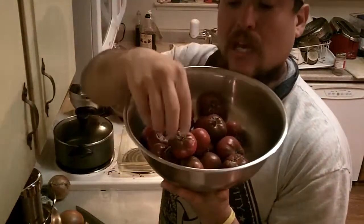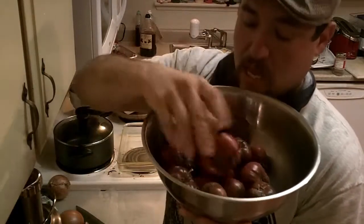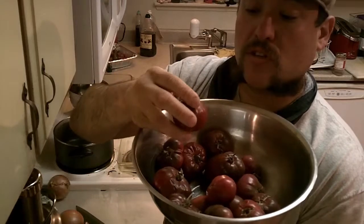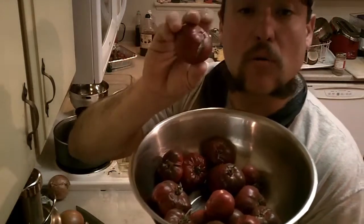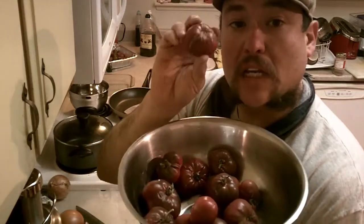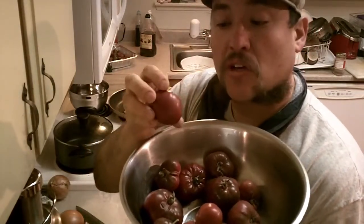Very easy. We're just going to take out the stems. We're going to take out any part that is maybe a little bit off because of the sun or broken because of the fruit as it grew. I don't know, I'm just not going to use that. I'm just going to use the pure flesh and cut it down into pieces of flesh